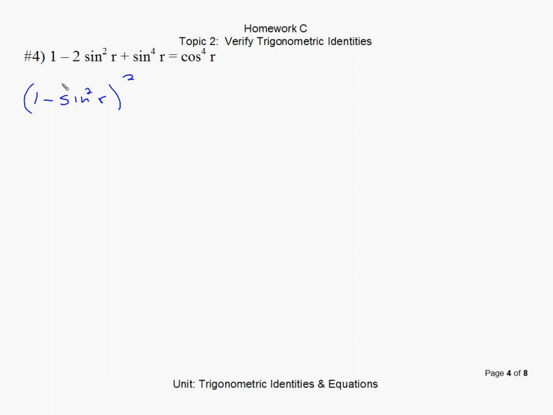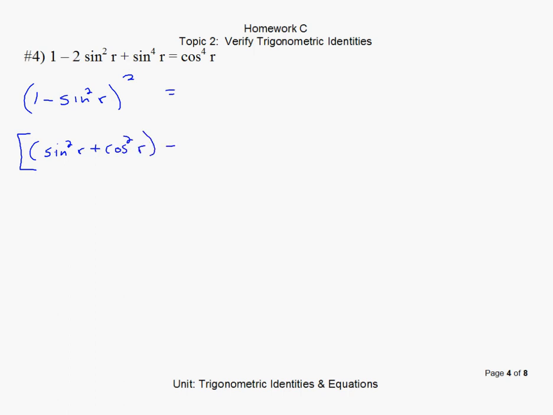This is the square root of the first term. This is the square root of the last term. This is the same sign as the middle term, and that whole thing is squared. That's also in your factoring sheet. Please get it out right now and look at it if you have not done so. 1 minus sine squared